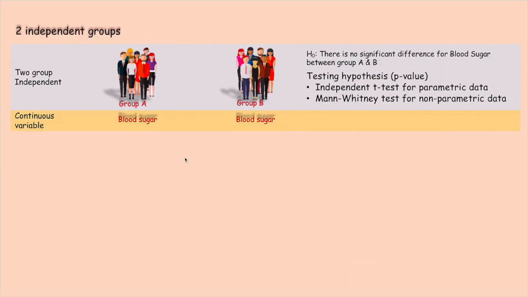In the previous lecture, we explained testing hypotheses when we have two different groups and we are measuring a continuous variable, using the independent t-test, and for non-parametric data the Mann-Whitney U test. Now we are going to explain what happens if we have the same group of people, or we matched and